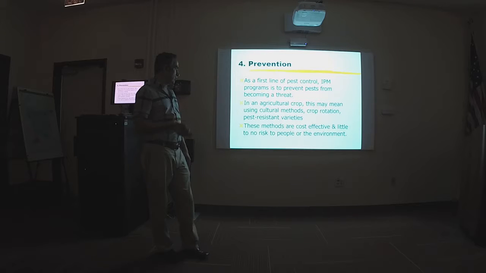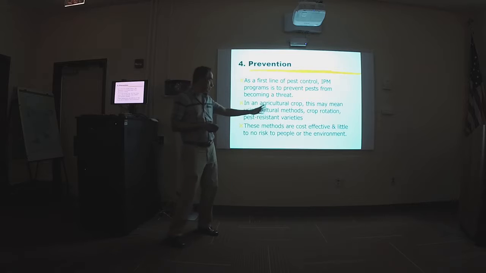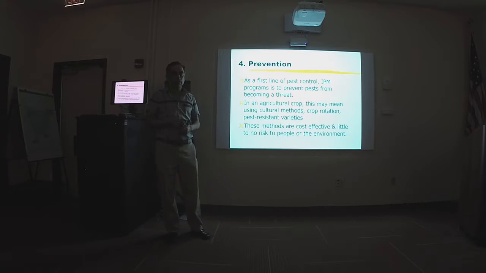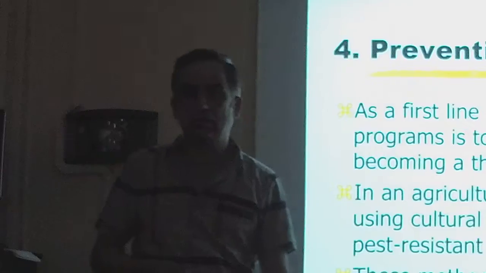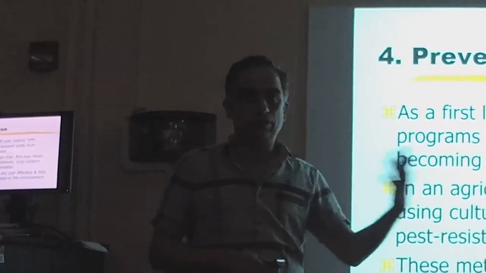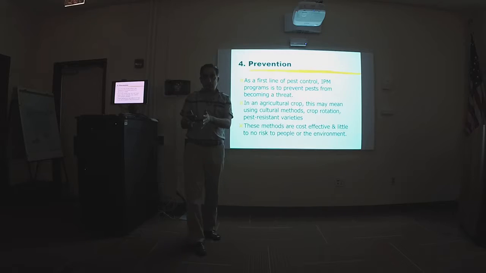Also, when you start growing, cultural methods like crop rotation are important. So don't keep growing the same thing over and over again throughout the year. You want to grow tomato, then grow something else, because one insect likes tomatoes, right? If you keep growing tomato, it's gonna keep repopulating itself and it will multiply 10 times at the end of